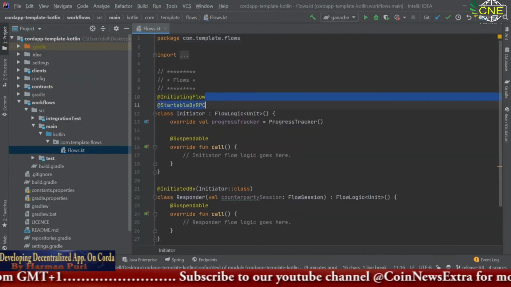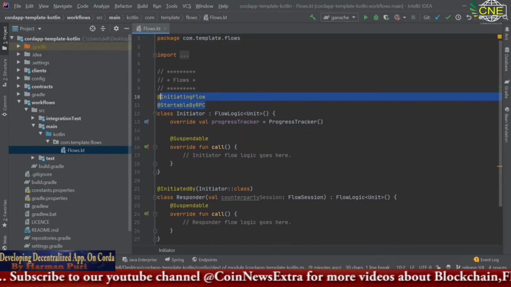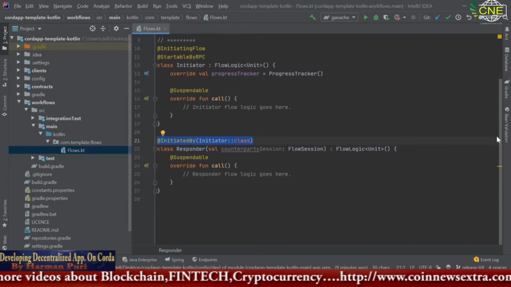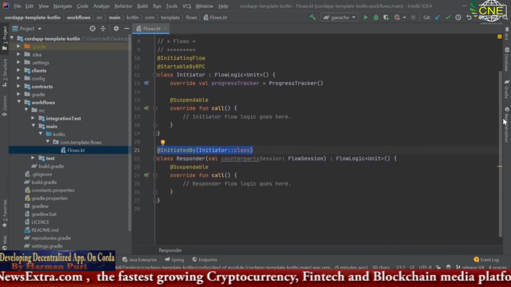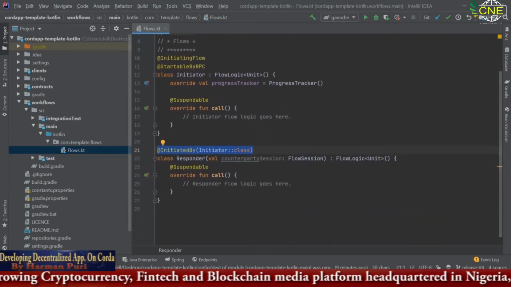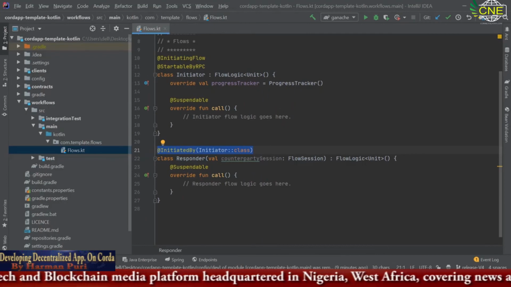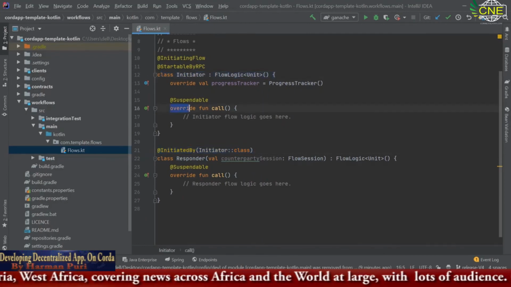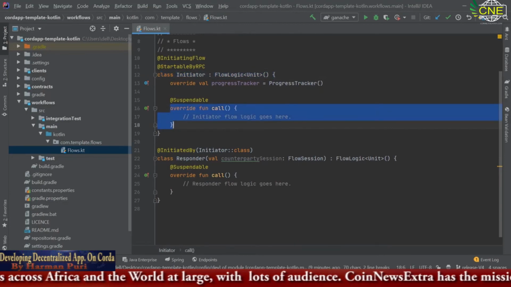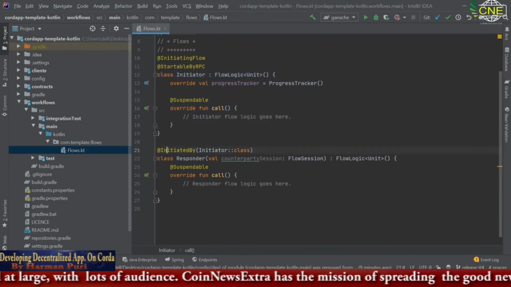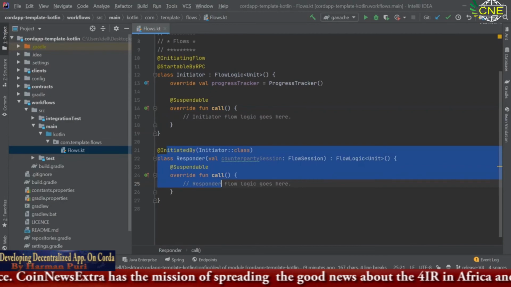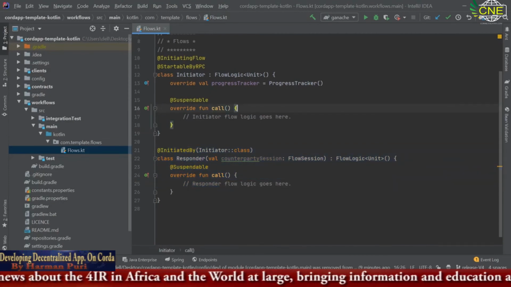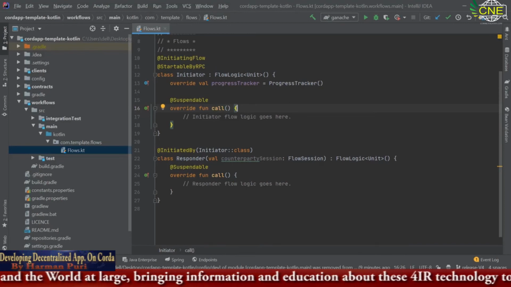Now there are a few annotations written. We will be giving focus to them in the later lectures where we will look at them individually. With just a quick overview, a flow class will always have a call function and, in some cases, a responder. So a call function is everything that you want to perform.